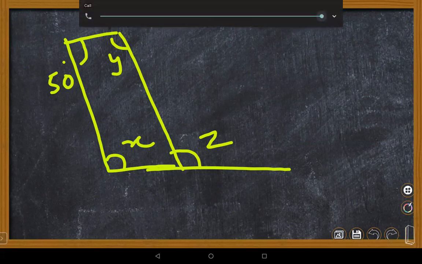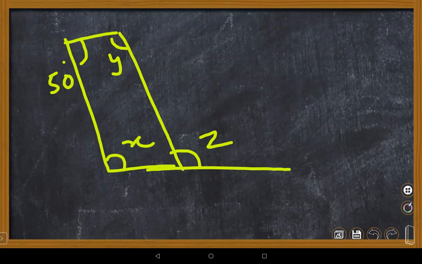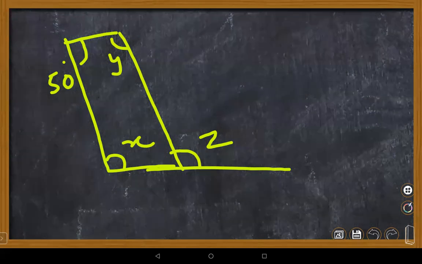Just a minute, children. I'll call one student. Abhinav? Yes, ma'am. Which property can we use to find the value of X or Y first of all? Ma'am, angle sum property. But I don't know many angles, right? Can we use adjacent angles are supplementary, my dear? Yes, ma'am. What are adjacent angles here? Can we go with adjacent angles X and 50?